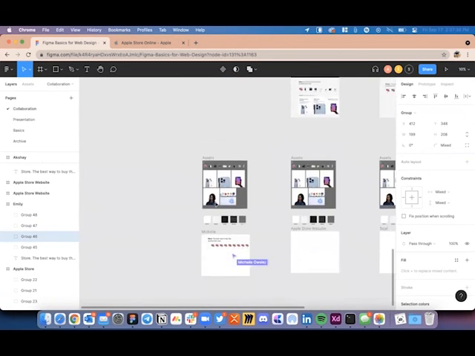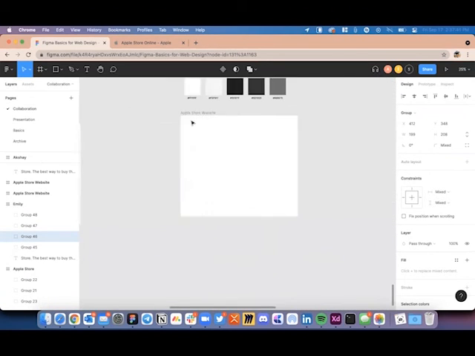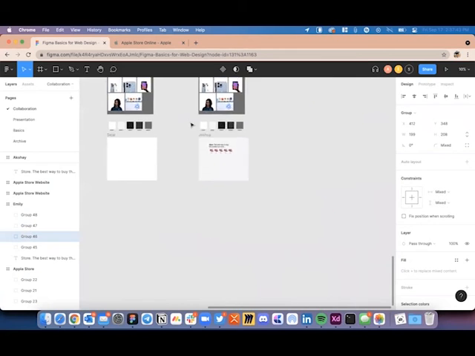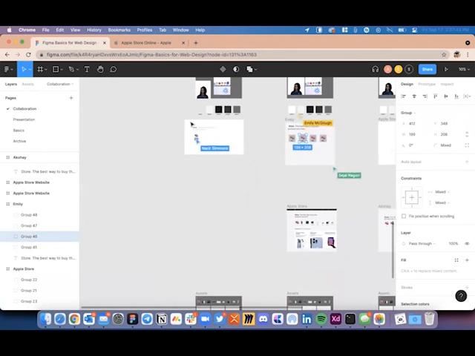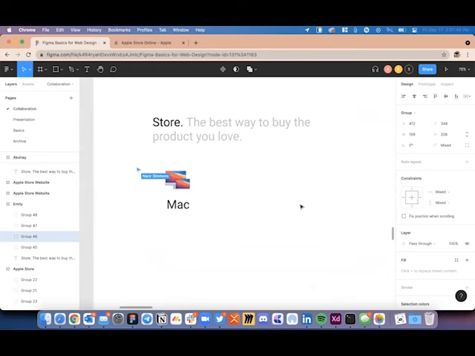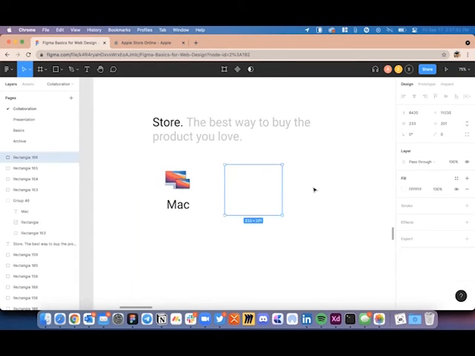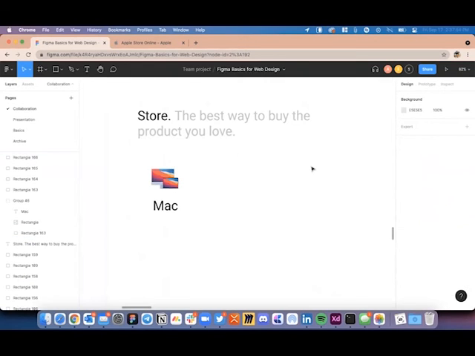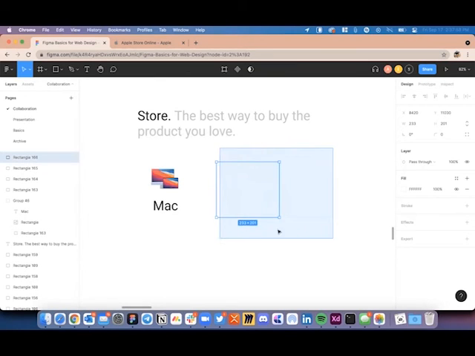Nazir is stuck. We'll get to Nazir. Michelle is doing really good. Joshua is also doing really good. For Nazir, I would recommend that, Nazir, if you can see my screen again, first of all, there's a hidden box which you are not seeing right now. So you can drag and drop your mouse, select that and delete it.